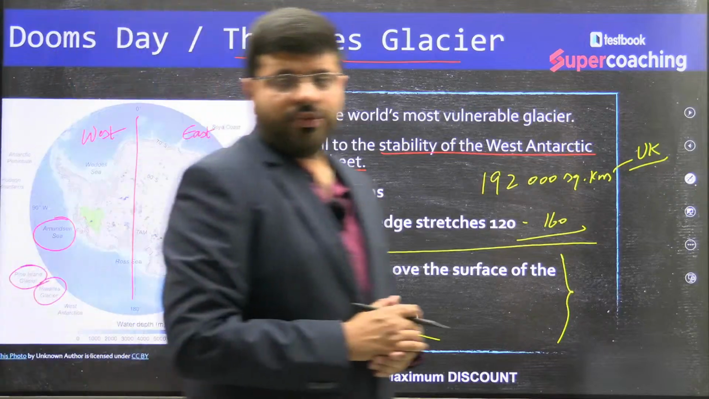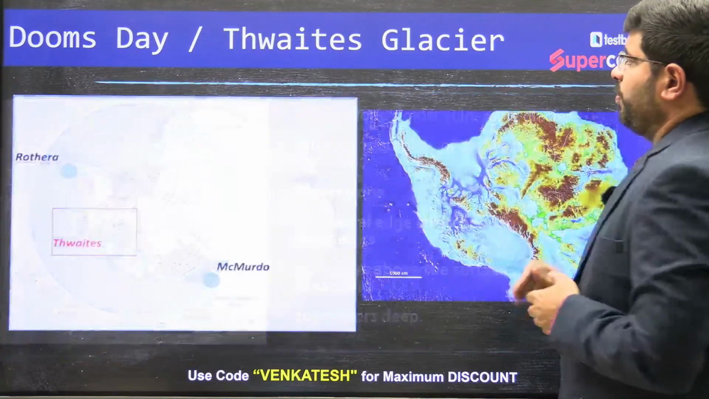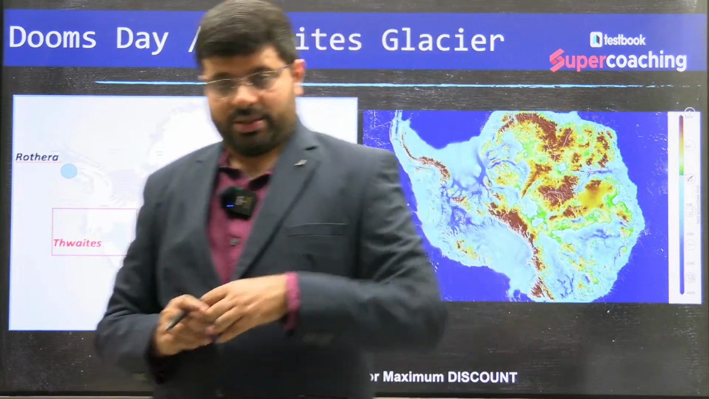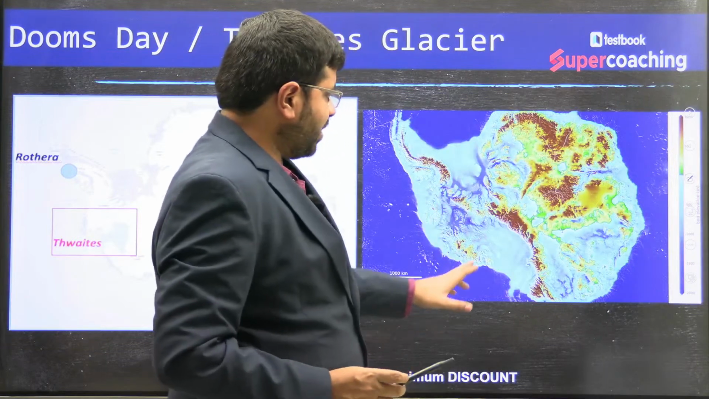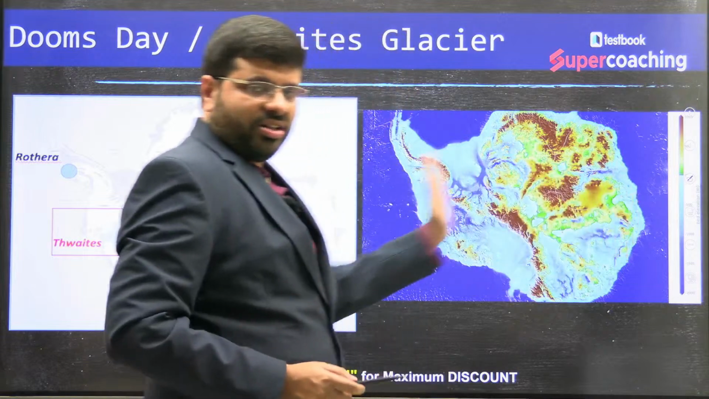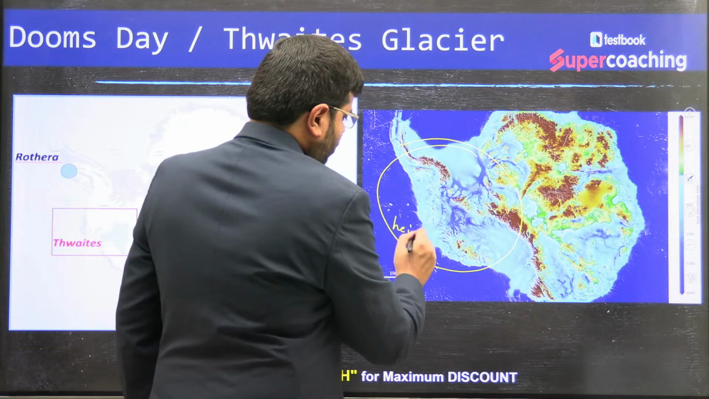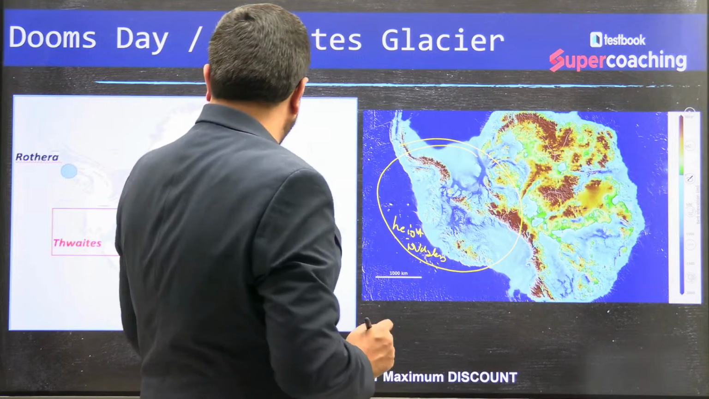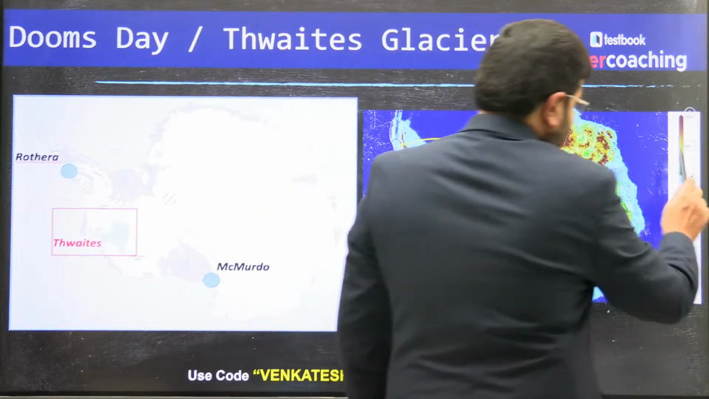If you see it further, the question is why it is happening in this way. We need to understand the topography of Antarctica. If you see the topography of Antarctica, this is the map. You can see the height is more on the eastern side rather than on the western side. Here the height is very less. So what happens when the height is very less here and very high there, you need to understand that,